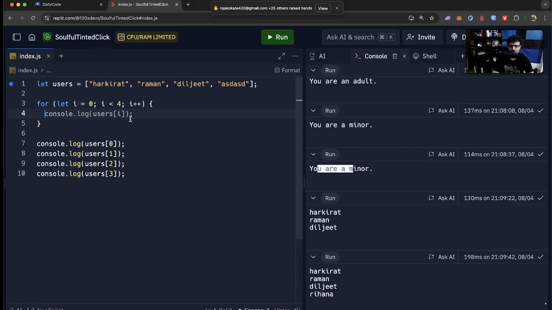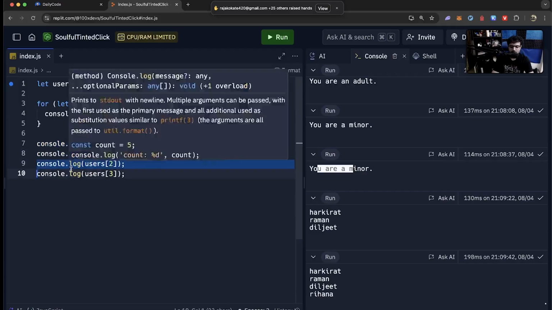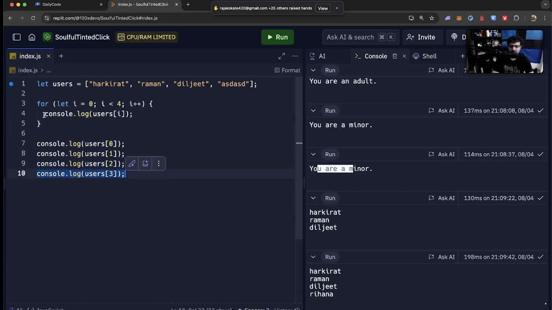Now I've written a lot of code over here, but these 3 lines of code do the same thing as these 4 lines of code. Here I had manually written a statement 4 times. Here I'm not writing the statement 4 times. I am running a for loop which will run this line again and again. It is a loop. What does loop mean? It will keep running again and again.